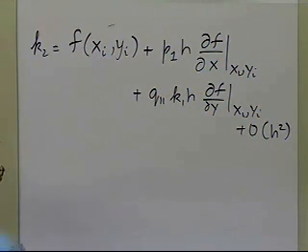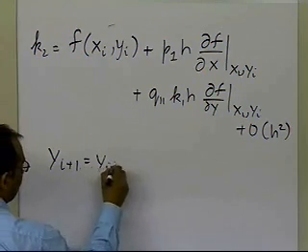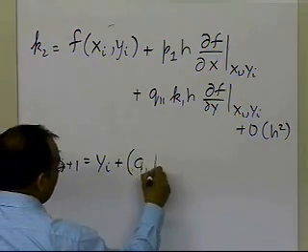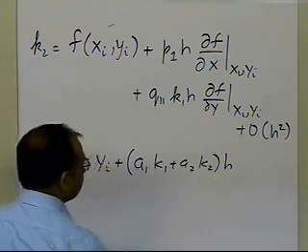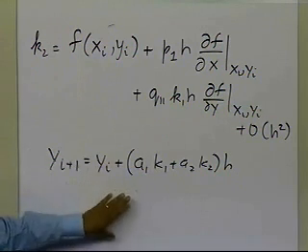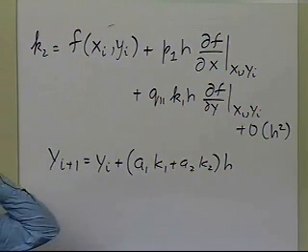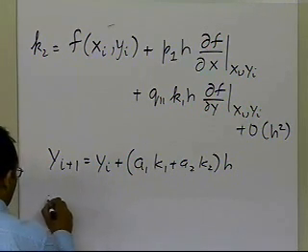Now, if I go back to the formula which I wrote for the Runge-Kutta second order method, which is this: a1 times k1 plus a2 times k2, times h, I'm going to substitute this expression for K2 in here, and then I'm going to equate it to what I had before. And that's how I'll be able to get all the expressions together. So if I expand this, this is what I'm going to get.